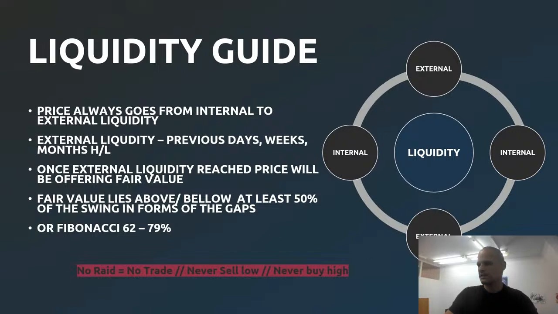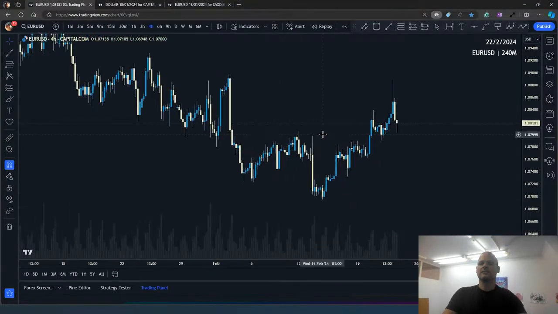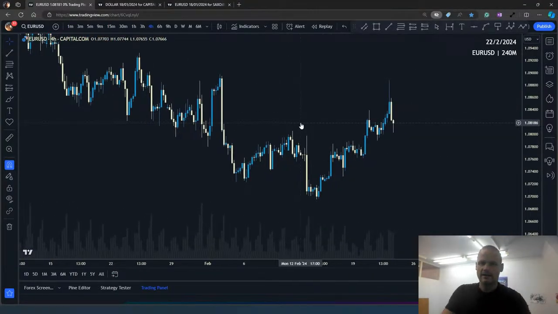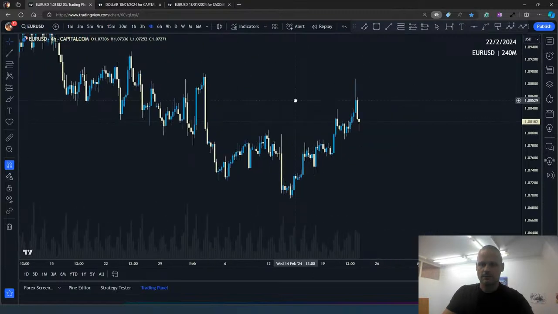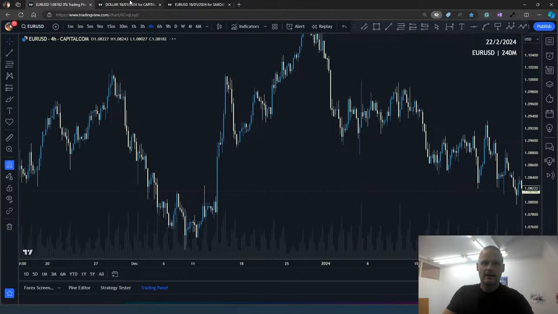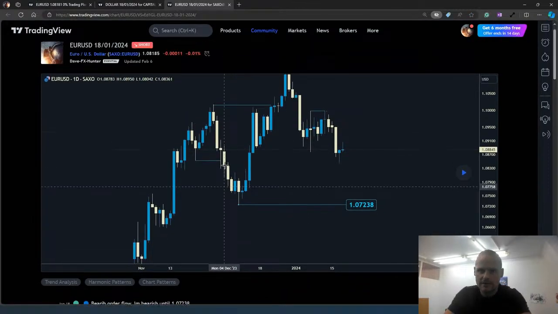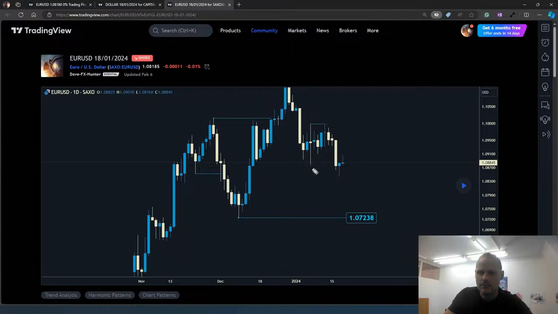So now let me show you in the platform. I will actually show it here in TradingView, right? Let's start. Yeah, I actually wanted to show you this. This is from TradingView where I had been predicting that the price on the euro, this is on the daily chart, will reach this level, right?